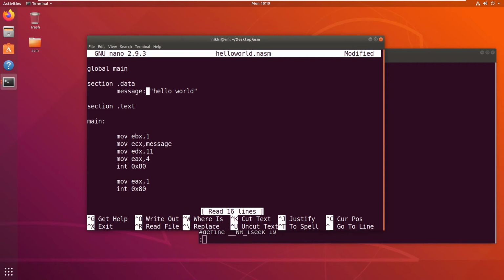Okay, I am sorry guys, I did not put this define byte. I am so sorry. So what we are going to do is, you name a variable and you need to specify in which format it should be stored. The DB stands for define byte, and this hello world will be divided into respective bytes and it will be stored as single bytes H, E, L, L, O, etc. up to D. So now let us compile again.